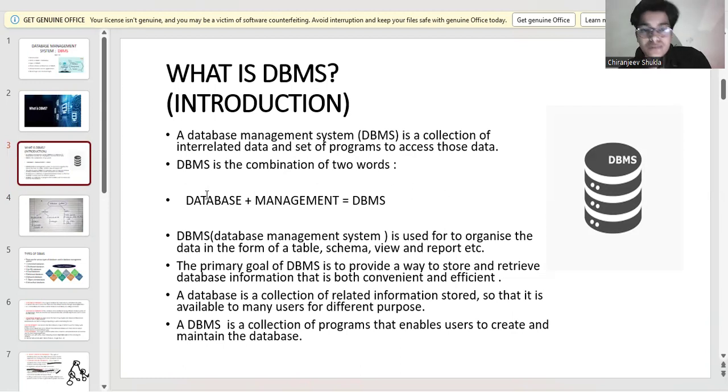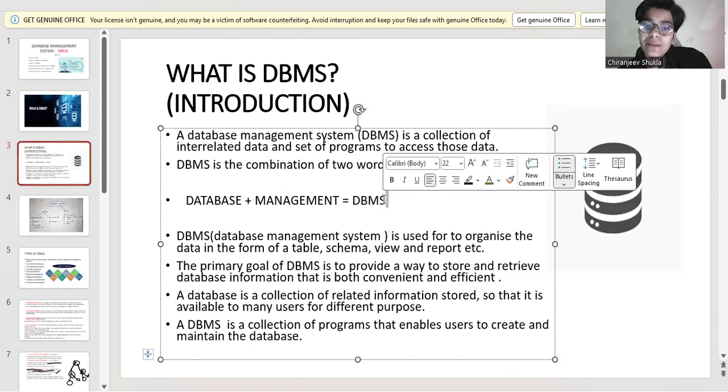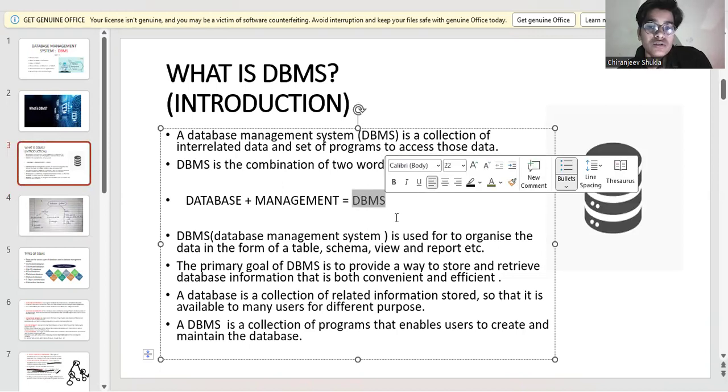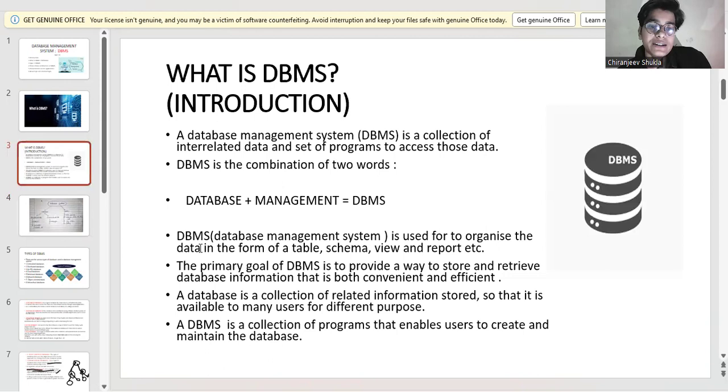It is a combination of two words, database and management, and they combinedly form what? A database management system, right? So if we go through these headings, a database management system is used for organizing the data in the form of table, schema, and report. But